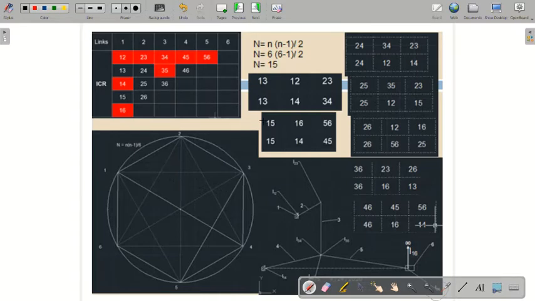So write 1 2. What you have to find is 1 3, so first write 1 3. What else do we have? 1 2 we have, so write 1 2. What else? 2 3 we have. So from the first triangle this is over. Take the second triangle. This is the second triangle.